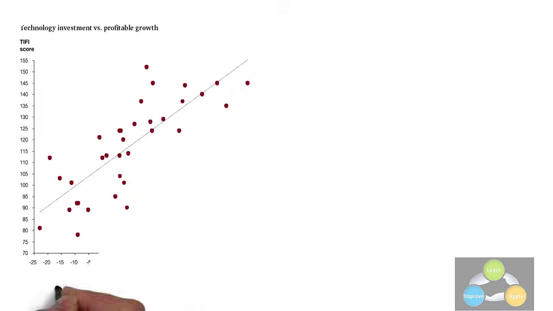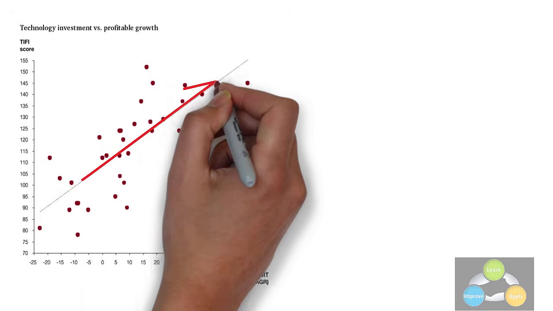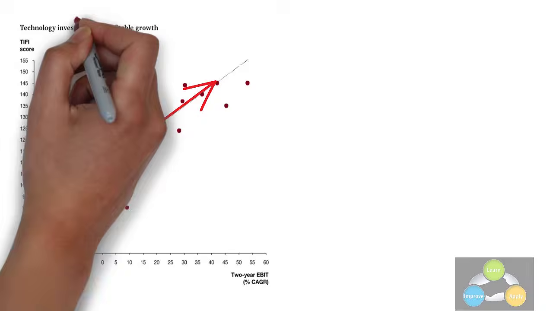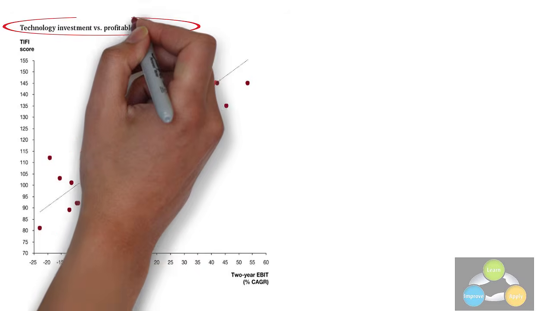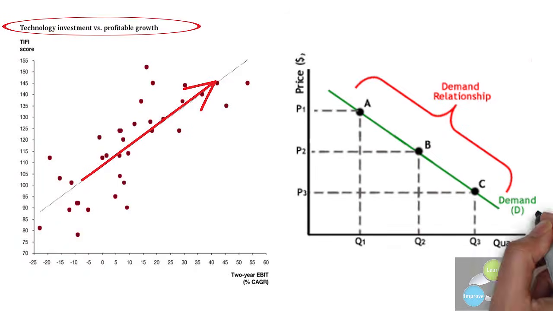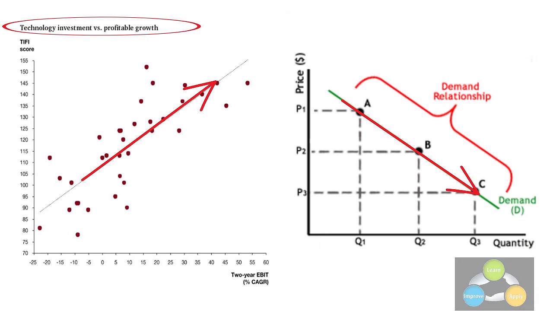Correlation can be positive or negative. When the two variables move in the same direction, that is, an increase in one variable will result in corresponding increase in another variable and vice versa, then the variables are considered to be positively correlated. For example, profit and investment. On the contrary, when the two variables move in the different direction in such a way that an increase in one variable will result in decrease in another variable and vice versa, this situation is known as negative correlation. For example, price and demand of a product.